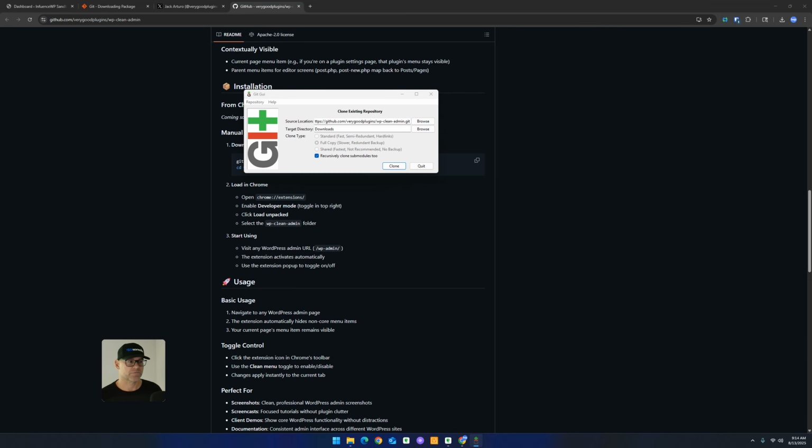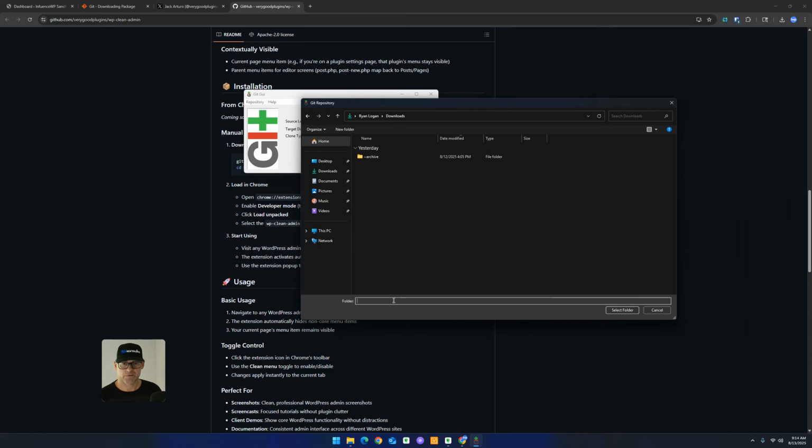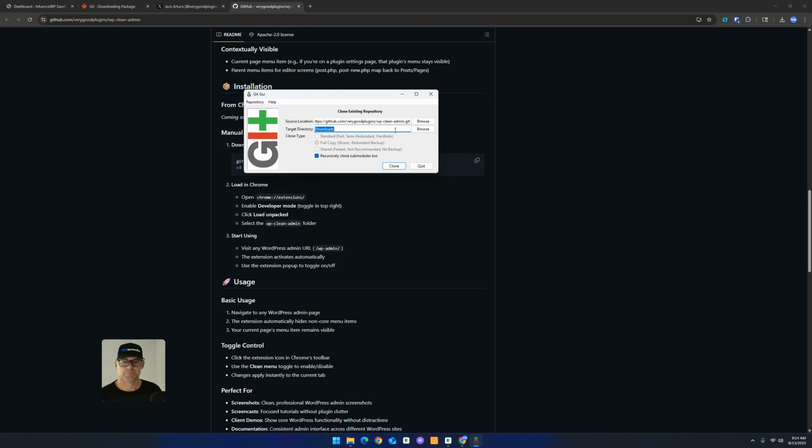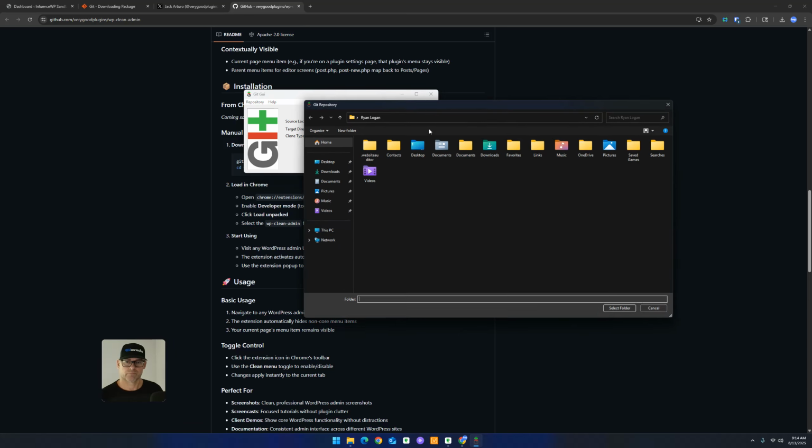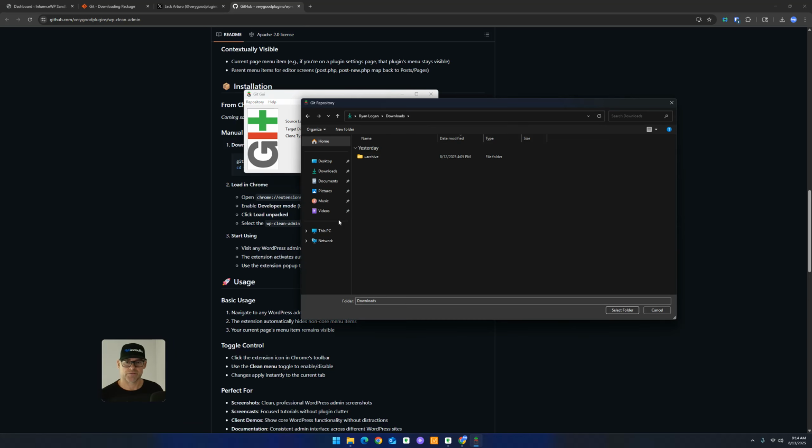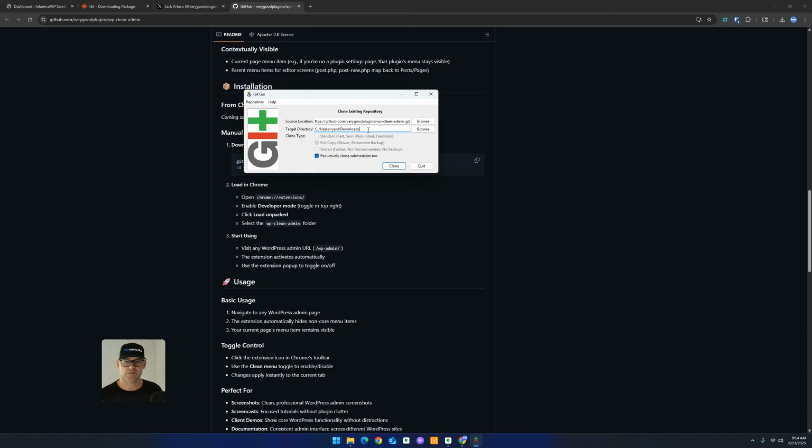We're going to just match the folder, which he gives you, which is, what was it? WP clean admin. So I'm going to select the folder. Where is the close? Here we go. Target directory, downloads. There we go. So that's the folder. I'm going to select it. And then it's going to go ahead and create the,